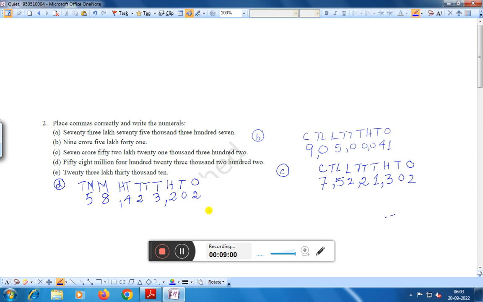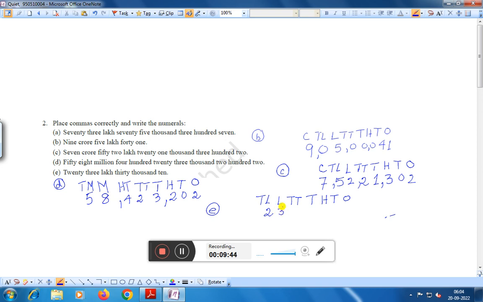E is what you see, question number E, we are writing E. 23,30,010. That means again you write ones, tens, 100, 1000, 10,000, lakh, and 10 lakh. Now 23 lakh, that is 23 lakh means